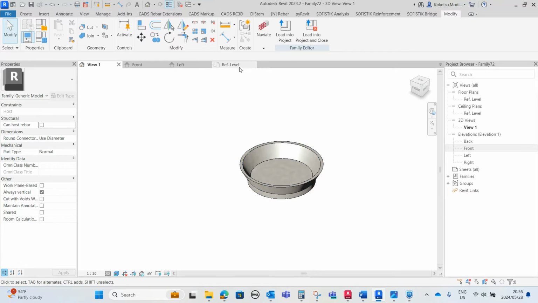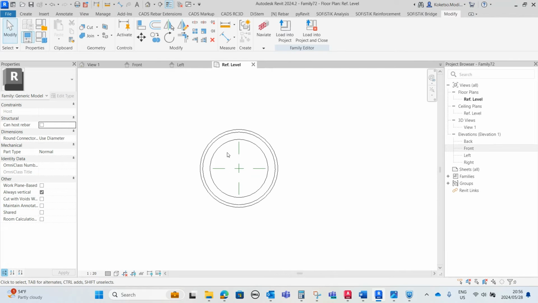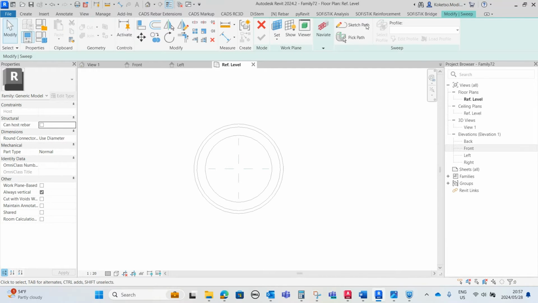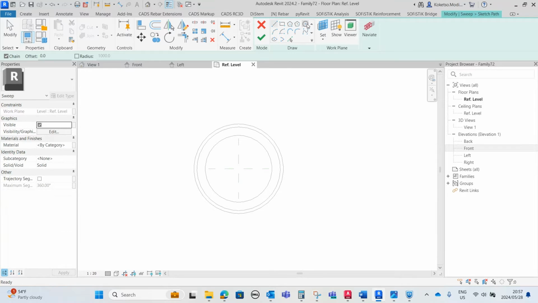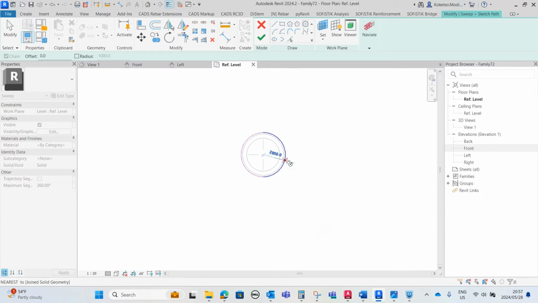Now the next thing is we're gonna have our concrete sloping floor, which is gonna be set around our sludge well. So I'm gonna go to the reference level again. So let me just change this to hidden line. So on our reference level, I'm gonna go to sweep again. So I'm gonna go to sweep and say sketch path, and then I'm gonna select my circle option. I'm gonna set my insertion point there, and then I'm gonna take it up, and then I'm gonna expand my